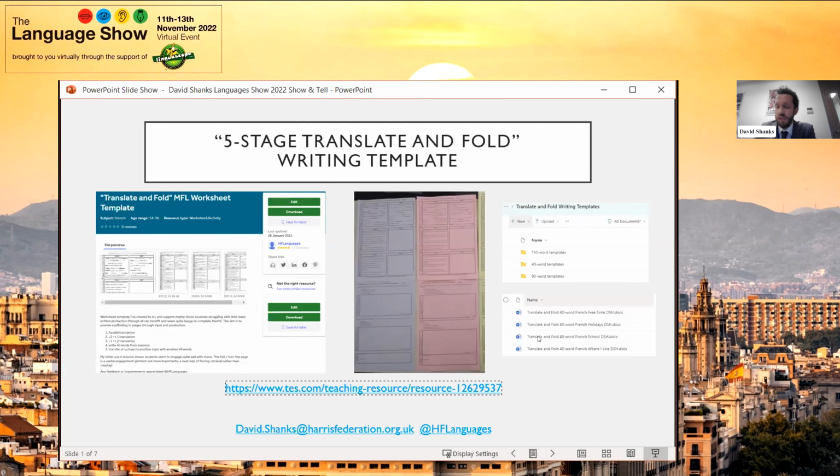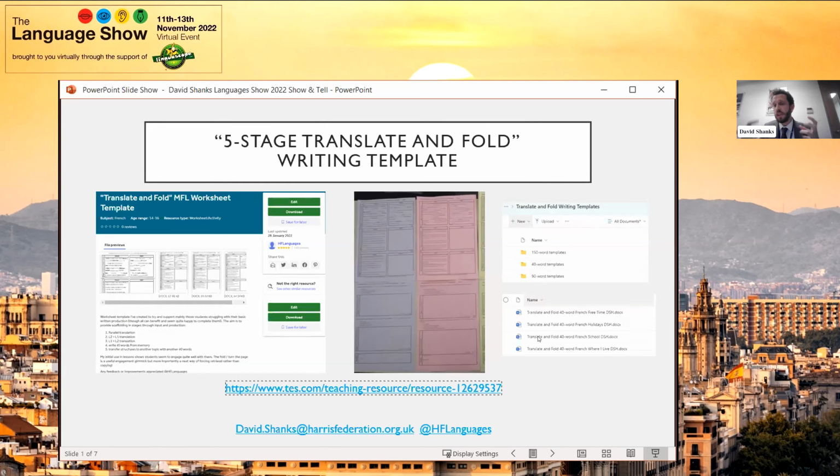But what you've got is an A4 piece of paper, and there are 5 different stages, 3 on the first side and 2 on the second. And the idea is that you very gradually scaffold students toward a piece of production at the end. This I find works particularly well with 40-word GCSE questions, should you be teaching in that context. What I've often come across with students, when they set about trying to create a piece of writing, is just that blank page syndrome.